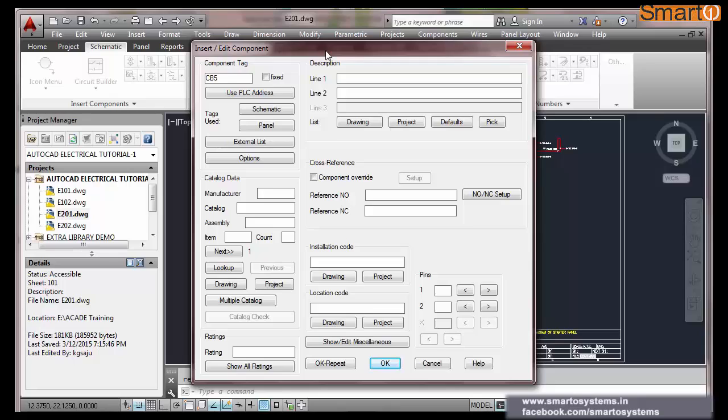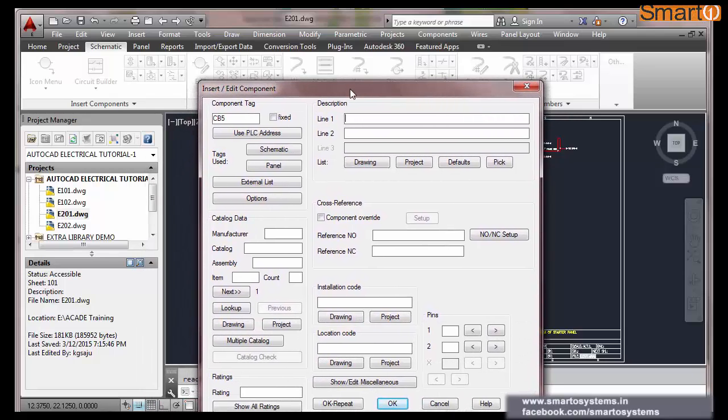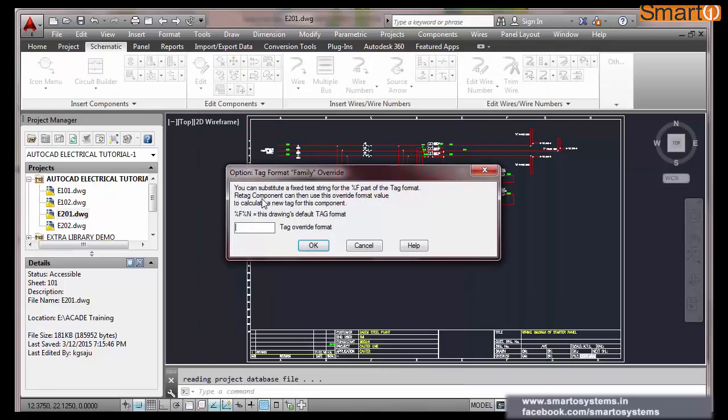This is my sheet number 201. Okay, you might have noted when I was creating schematic diagrams, I told you that I always keep the sheet number as a prefix for all the components. So if I want to fix that number for all similar components, what I will do is go to options.